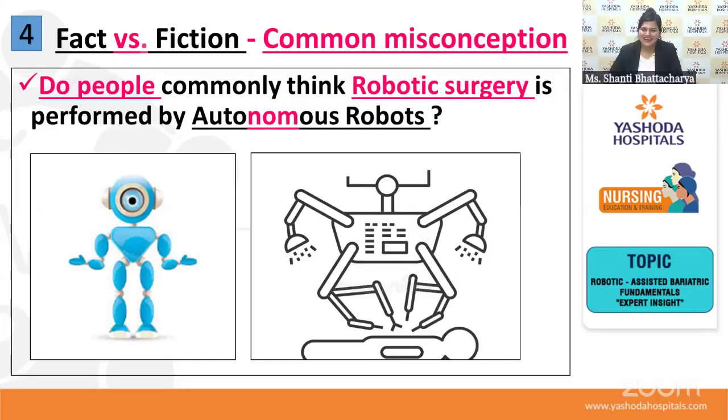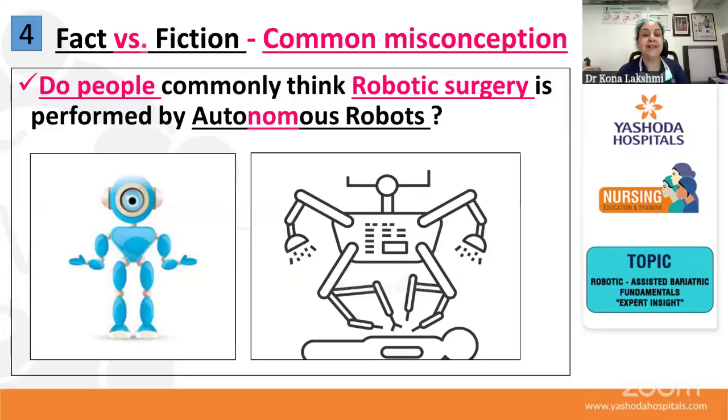I only have to do the surgery, and this is a more advanced tool that is helping me to do whatever surgeries I'm recommending to you in a better way. So I give them some comparisons, like driving a manual car and an automatic car. You see, now in an automatic car, one pedal and everything gets adjusted. But in a manual car, you have to think 10 times. Which is the clutch, which is the gear, am I pressing on the brake or the accelerator? You think so many things.